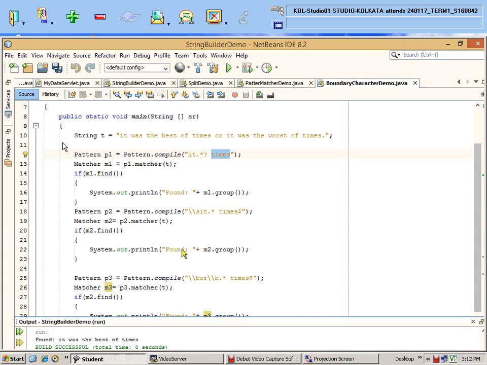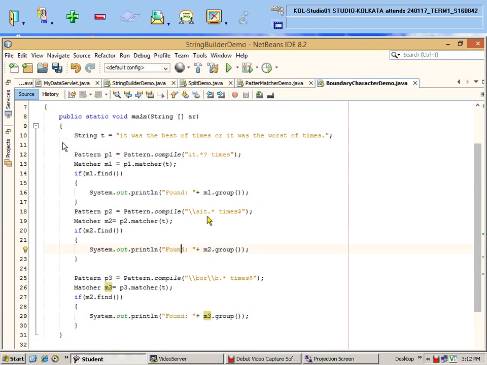Second condition was it will be starting with it where there is a space before but there is no space after. So, there is no such IT like that. All the it have either space before or after or only after. So that's why the second condition is not matching, so it is not found. Third condition is